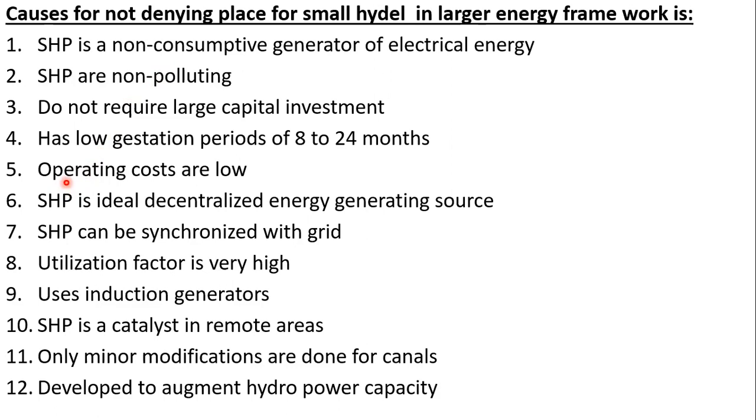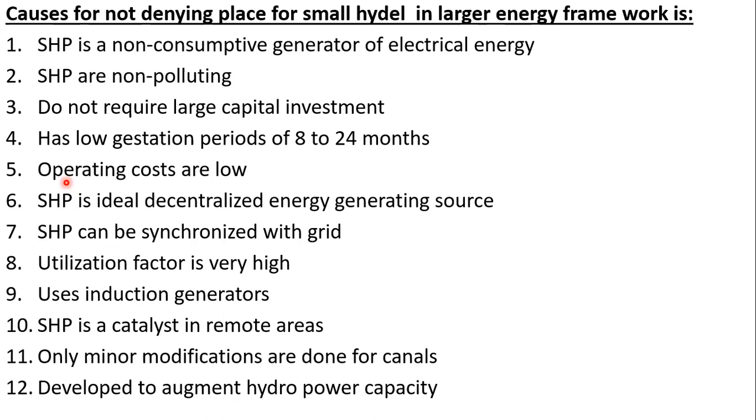And fifth one is operating costs are low. Operating costs are very, very low and this equipment does not need trained and skilled personnel also. With the introduction of microprocessors, small hydropower stations are run unattended. That means these are left to the microprocessors only; they will automatically operate this SHP. Further, freedom from fuel dependence together with the long life of the SHP plant makes the installation resistant to inflation.